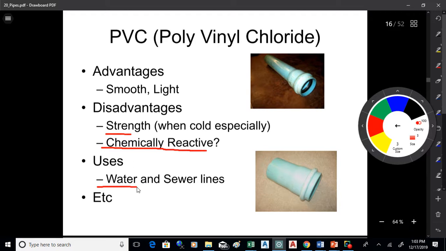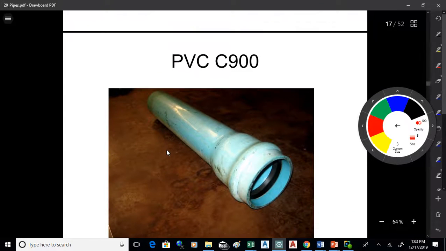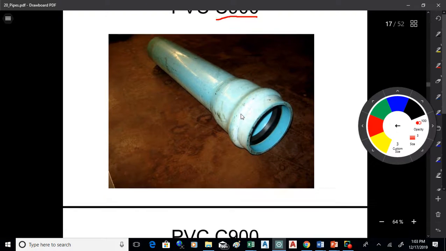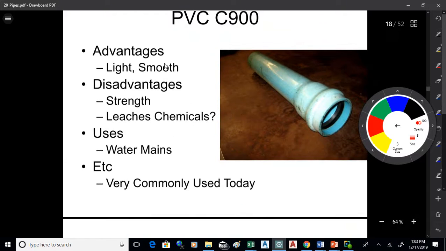It's used a lot for water and sewer lines, so this stuff is very commonly used. Okay, the stuff that's used for water is designated C900, which is a high-strength, thick-walled PVC pipe. It's usually this light blue color, normally what it is. It's light and smooth. Again, the disadvantages are the strength, and also the concern that it might leach chemicals out